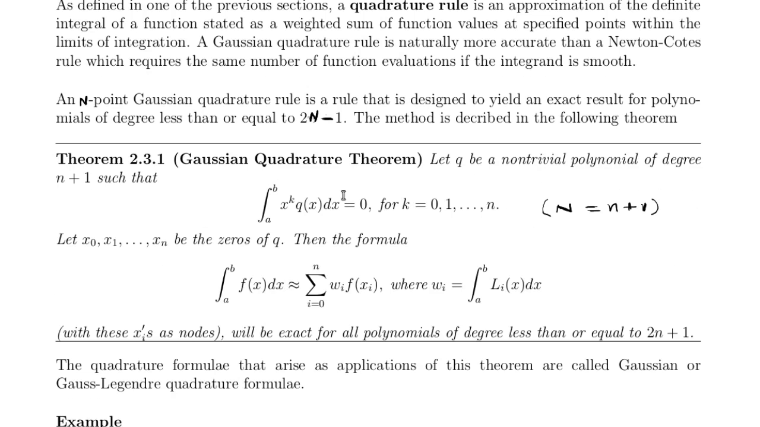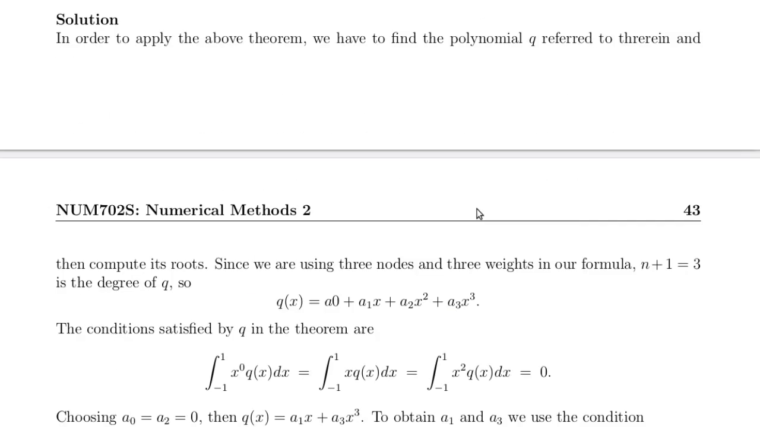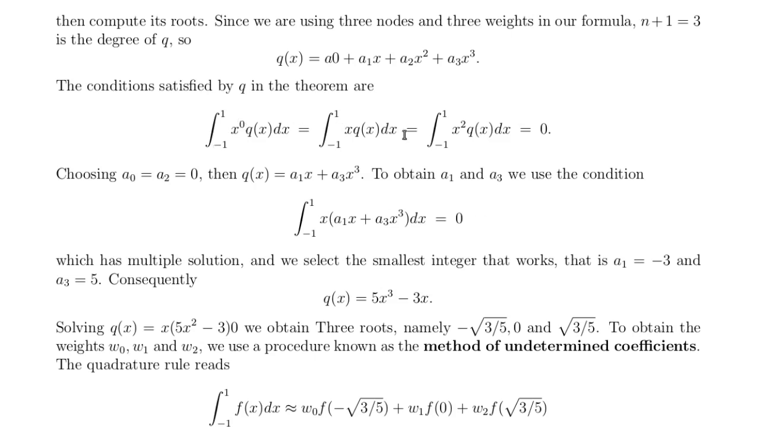And we impose the condition of the theorem, the integral from a to b of x to the k times Q(x) dx equal to 0 for k running from 0 to n, that is 0, 1, 2 in our case. So this is what we obtain. This will give us a system of equations, 3 equations in 4 unknowns. So it's underdetermined. We have to make some choices. If we choose a0 equal to a2 equal to 0, our Q will reduce to this expression, and then integrating